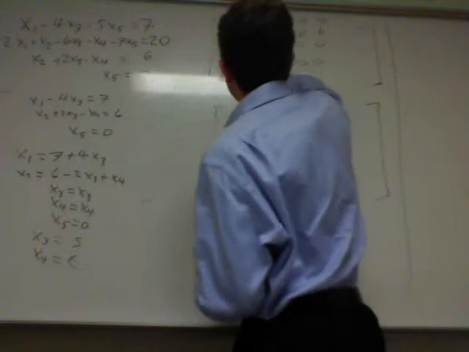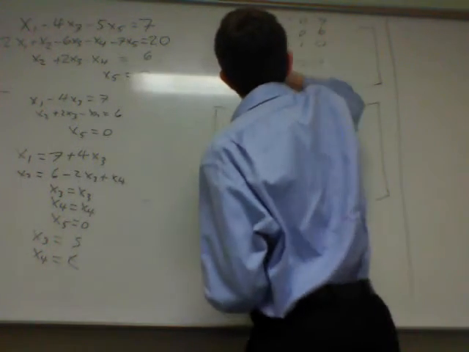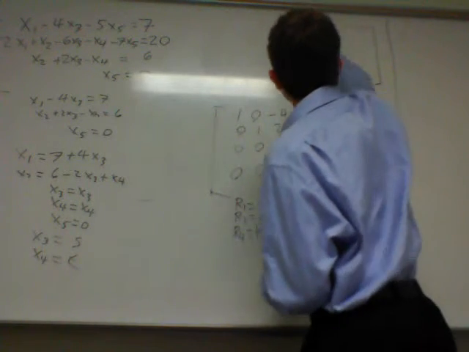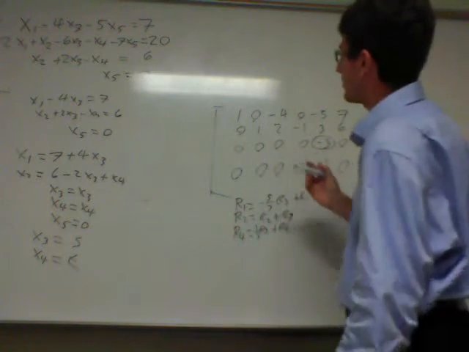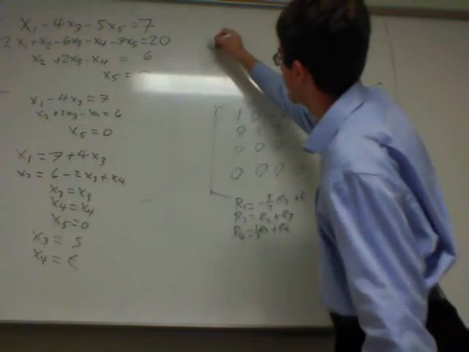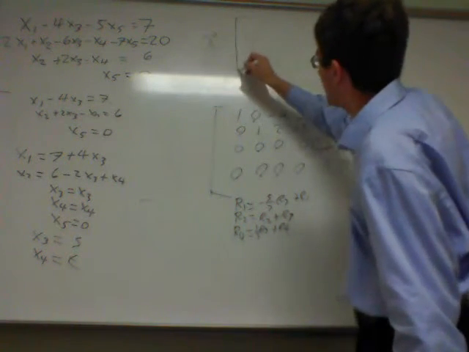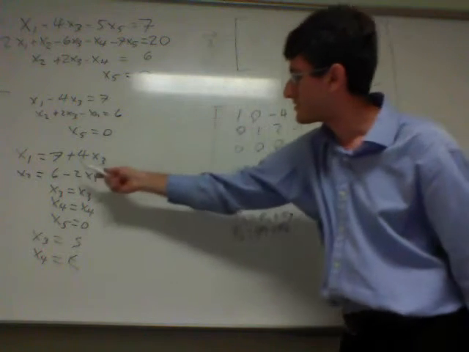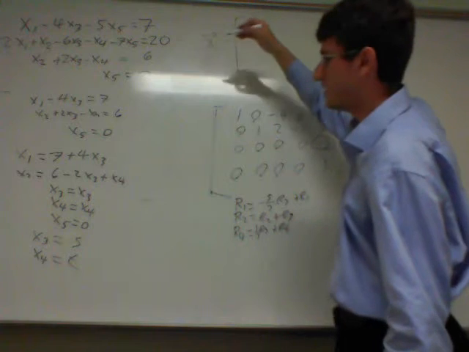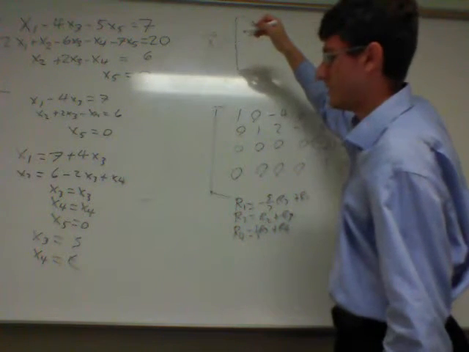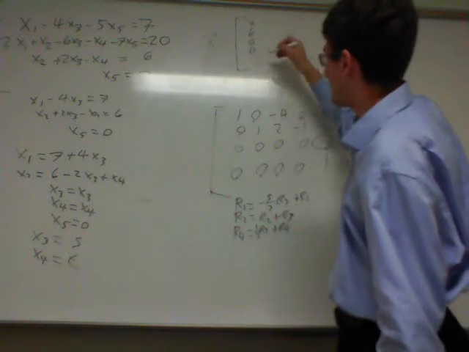And from here, our vector equation for vector x will be the constants: at x1 7, x2 6, at x3 0, x4 0, and x5 0,